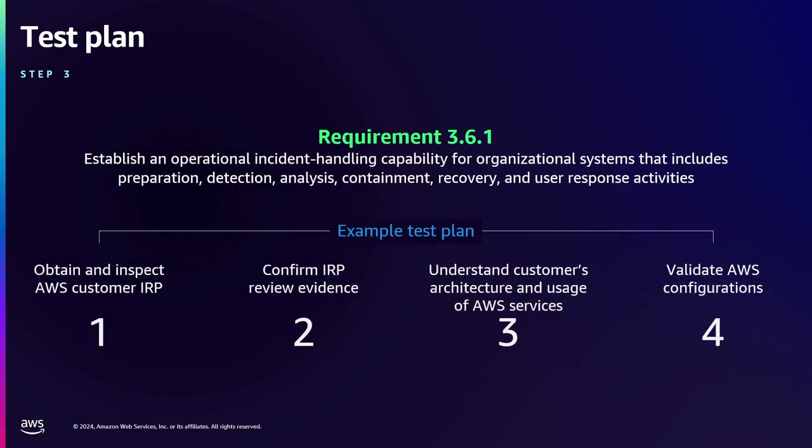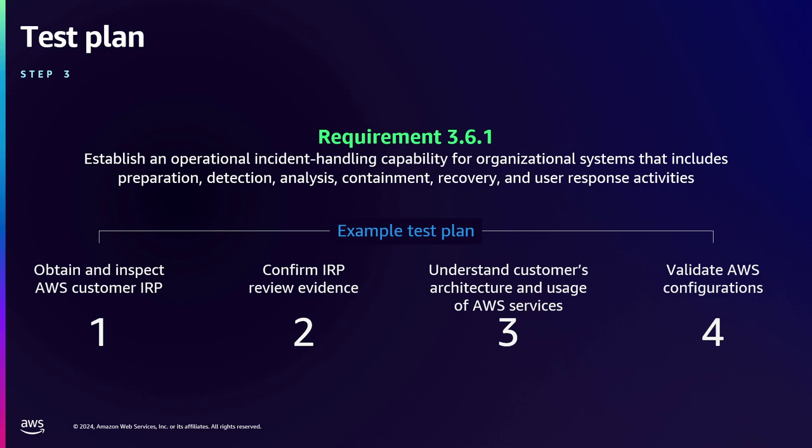All right. And this is the test plan I mentioned. This is step 3, where we would give high-level steps for someone to assess their own environments based on the requirement for that module. As you can see here, just 1 to 4: inspect that IRP, that incident response plan, and make sure that they're calling out the right AWS services, or any tools that you're using in your incident response program, that you are properly describing and including that from a holistic perspective, not only for cloud, but also your on-prem environments as well.